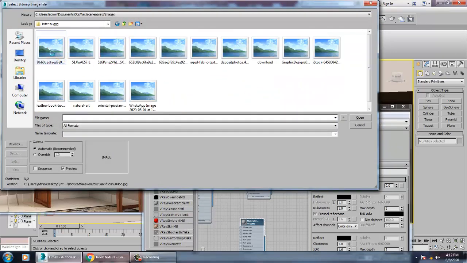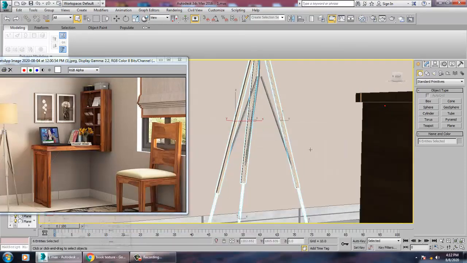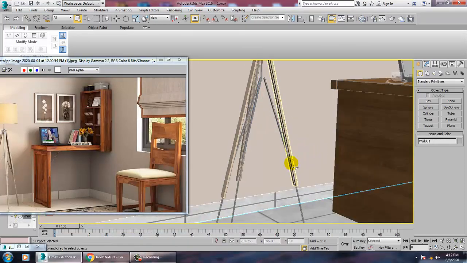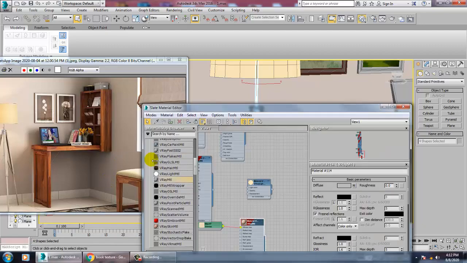Into that, we have taken some plain texture. We can just assign this texture on top of it. Select all of this and assign the same texture.